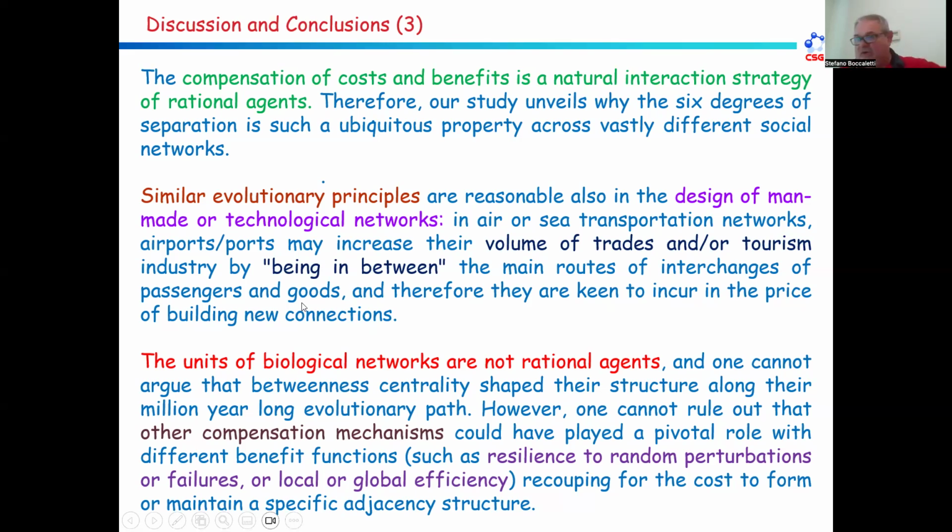Therefore, you can imagine that the cost and benefit function could be some other function of the network, say the resilience to random perturbation. If you are more resilient, you are more fit. Or the local and global efficiency. If your mutation creates larger efficiency, then this is an evolutionary advantage. So compensating cost and a different kind of function, not betweenness but, I repeat, resilience or efficiency, could generate a game, and this game could give rise to